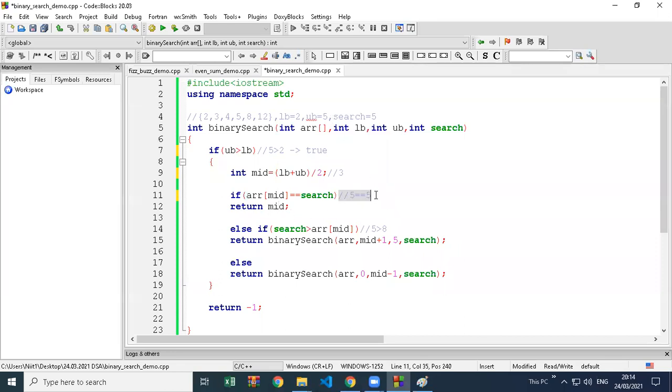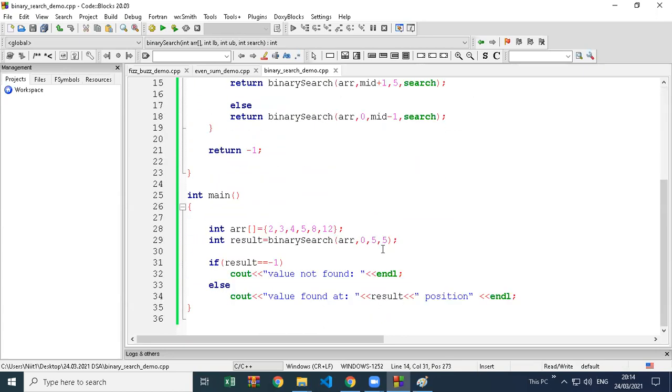So we got the problem. See, if we go line by line, we find the problem easily. The problem was this: the lower and upper bound values which were added here were wrong. So lower bound should be 0. Whenever you are searching the left hand side, the lower bound is always 0. Whenever you are searching the right hand side, the upper bound should be 5.